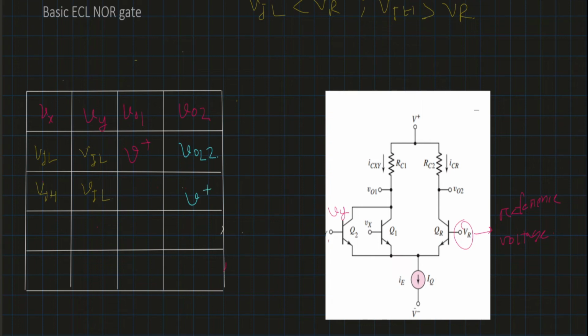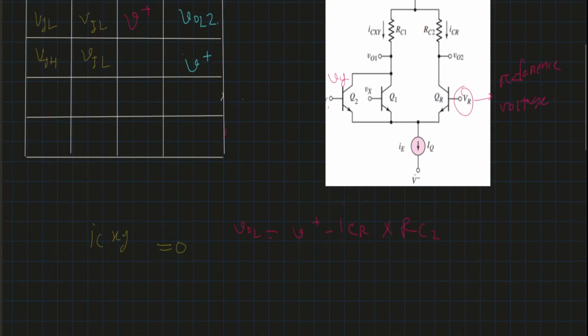Now what about the value of VO1? Since all current will now go through the Q1 transistor because Q2 will be in cutoff, that doesn't change the current flowing through the RC1 resistor. So we can assume the value VO1 to be V plus minus, this time, ICXY into RC1,